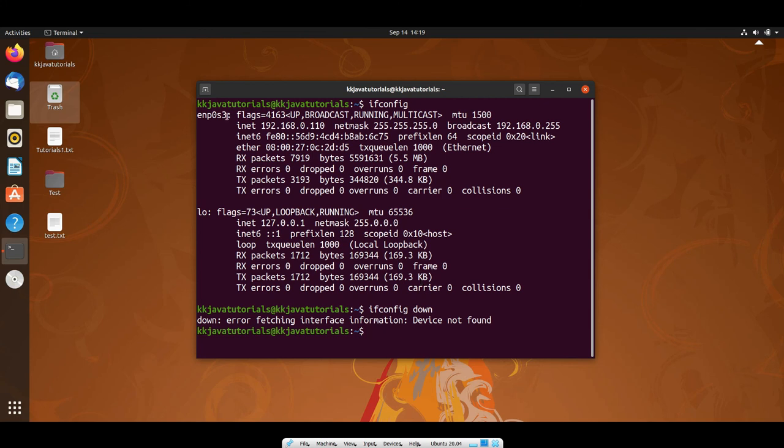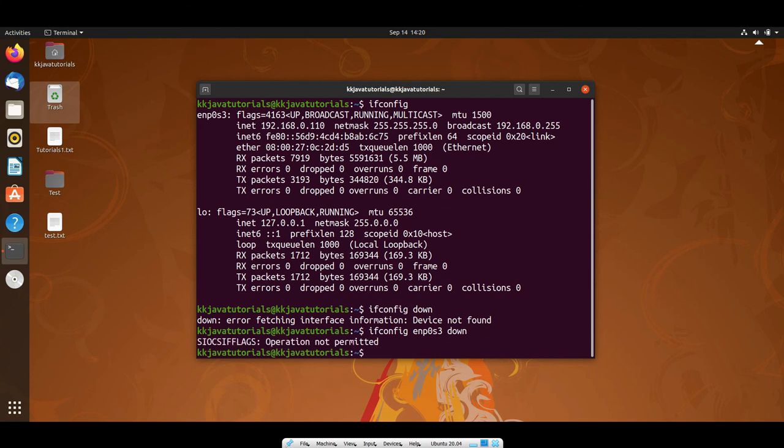The interface name through which my internet connection is enabled, I'm just going to copy. I will write ifconfig, right? And I'm going to give the interface name and I will write down. So I would like to disconnect my internet connection, right?